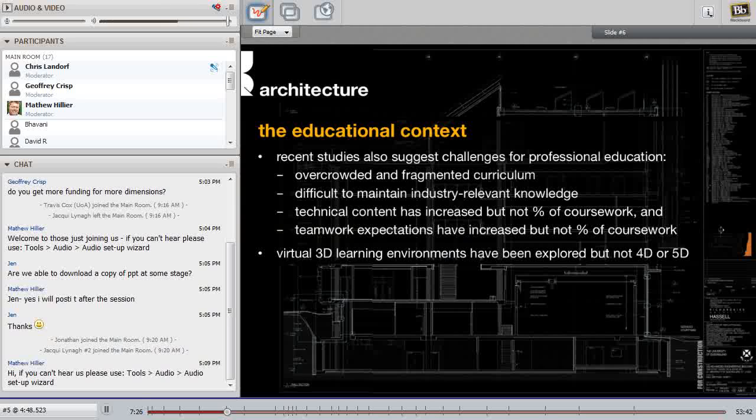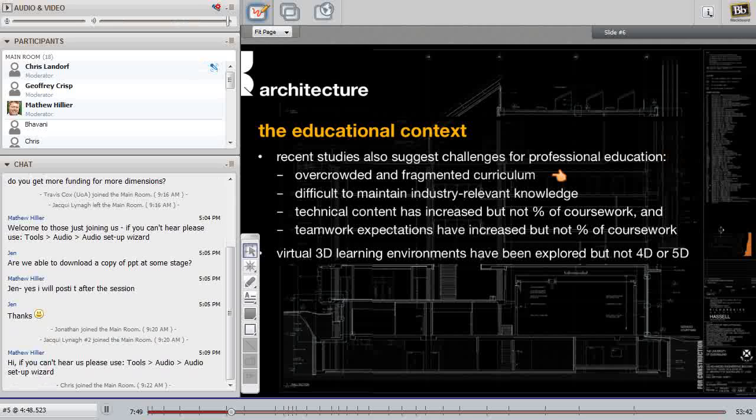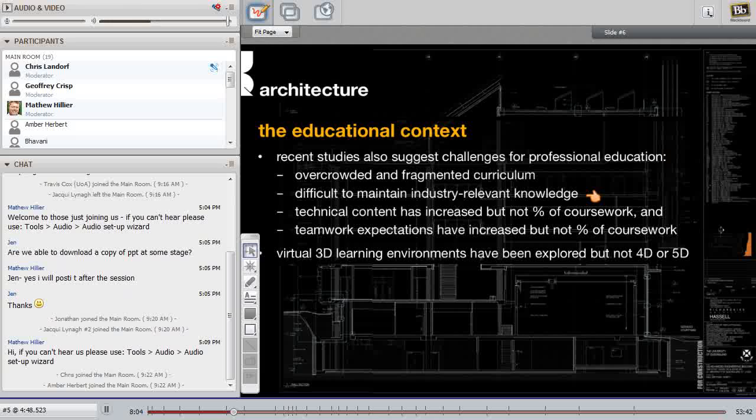In terms of the educational context, there was a fairly big study done here in 2007-8 by Michael Oswald and Tony Williams from the University of Newcastle in Newcastle here in Australia. That suggests there are some quite significant issues facing education for architects in particular, but construction industry professions in general. The curriculum is overcrowded and fragmented, so there's too much material and it lacks relevance and integration. It's very difficult for academics to maintain industry-relevant knowledge. Once you become a full-time academic, it's quite difficult to continue to work as an architect or an engineer or